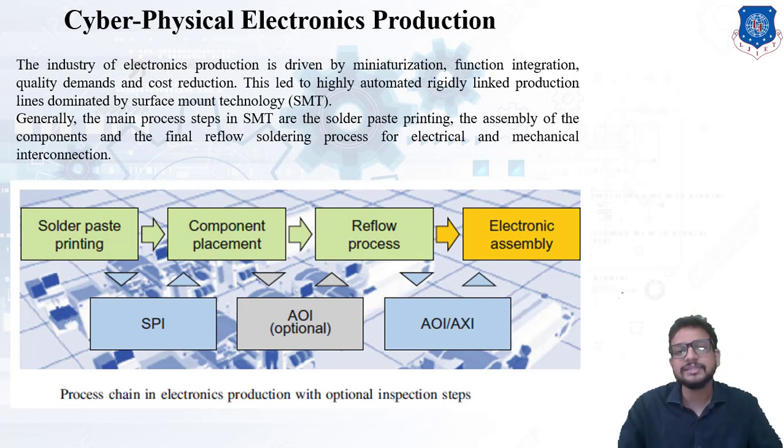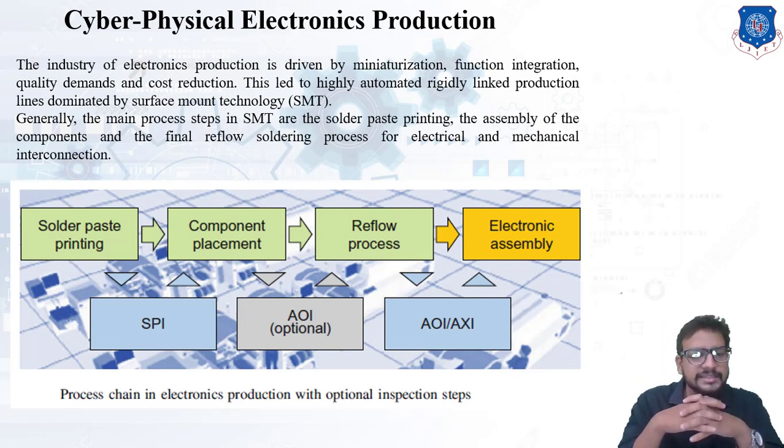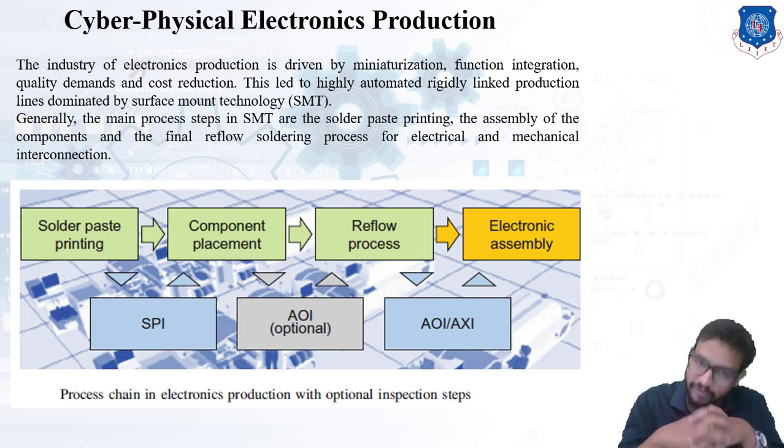Basically the reflow process is a type of heating process. In that, melting of solder or copper is done so that a component can be easily attached to the circuit board. And the last one is electronic assembly. Now in between you can see an arrow shown on the bottom side, that is SPI. SPI is solder paste inspection, which means it is going to inspect whether solder is applied properly and in the particular place to provide an electrical connection.